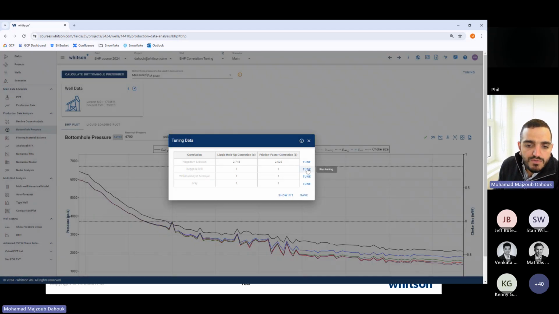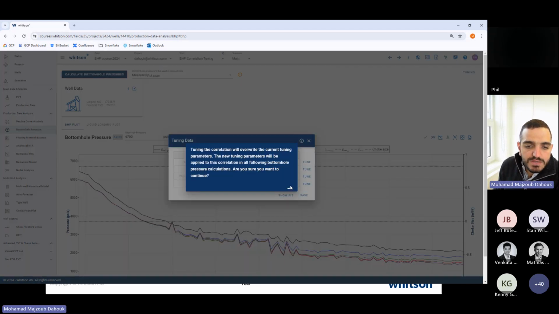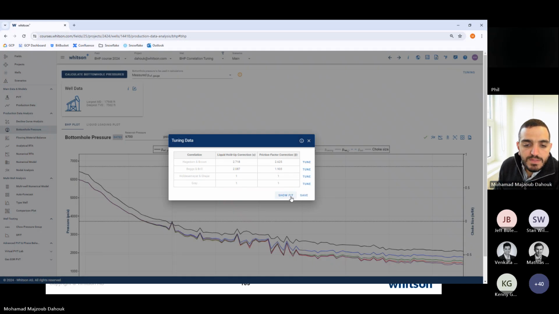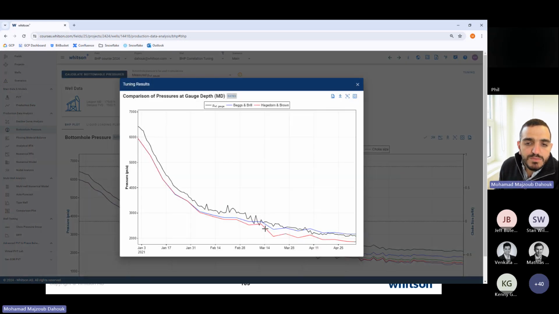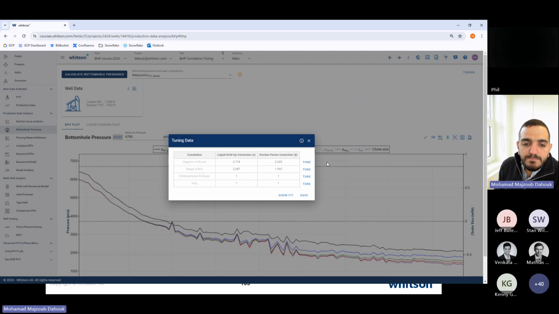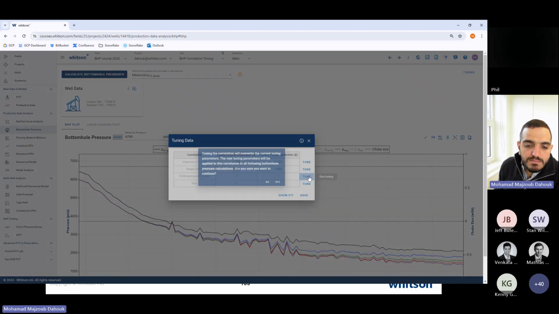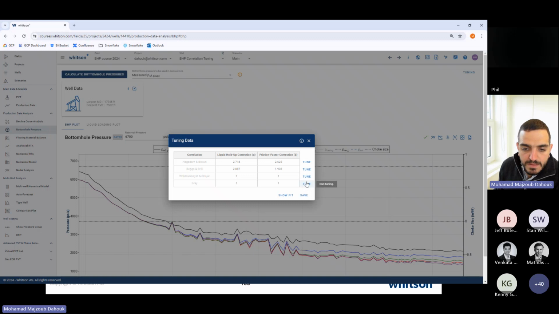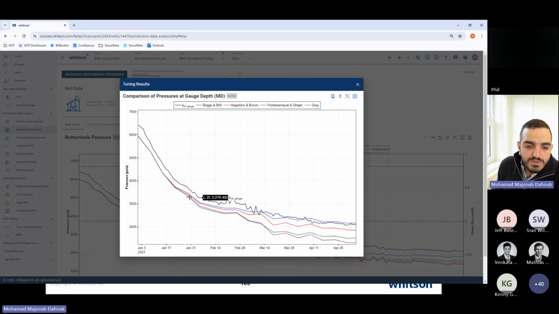I can do that for the other correlations. Let's say I do it for the Beggs and Brill correlation here. And do the same, show fit. Now it will show me also the Beggs and Brill. And you can do it for basically all of them. Some of them will return just the same values, 1 and 1, and that's because those are the best values that it found. But basically, if you look at this, you'll see that in the very early time